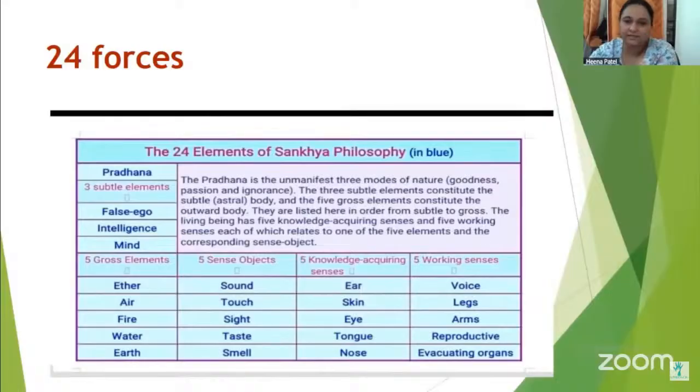So always from the environment we gather information, and always the sense organs come first. We smell, we taste, we see, we touch, and we listen to sound. These kinds of sensory information we gather from the environment, and all these sensory systems are connected with our knowledge-acquiring senses, which are in a physical form. So we understand the physical form basically.